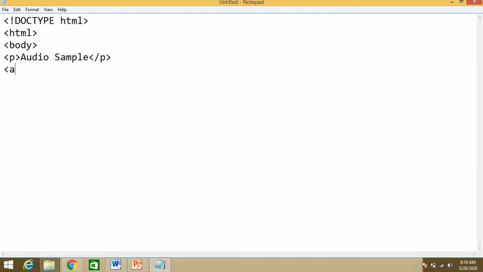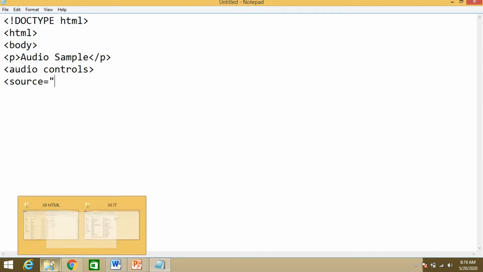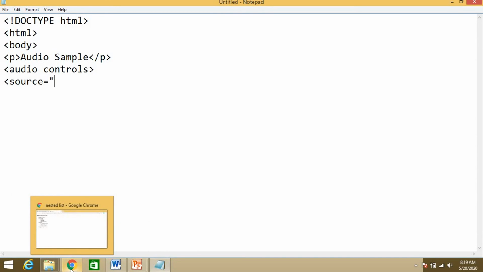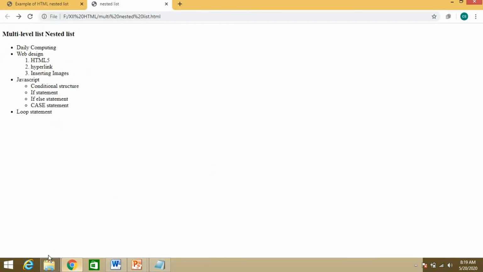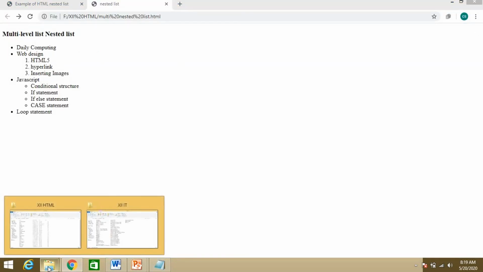After that, what is the tag to be used? Audio controls. In that I am writing source. What is my source? First you have to download the audio from the internet. In Google, just write down MP3 download.